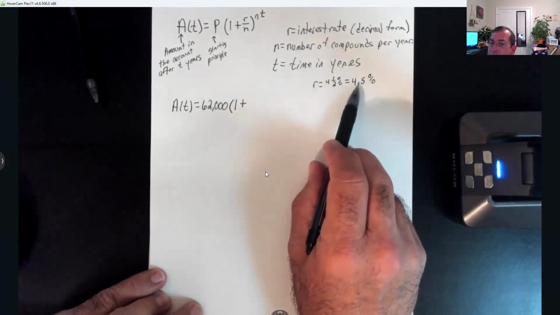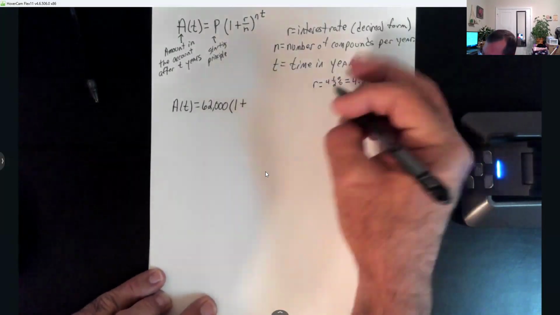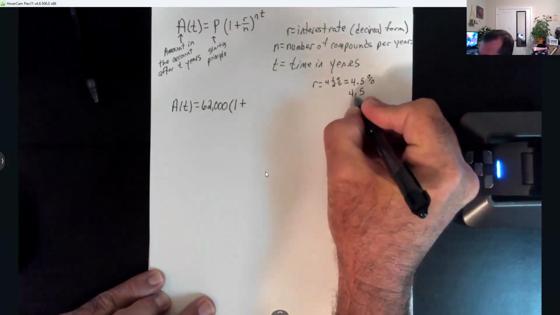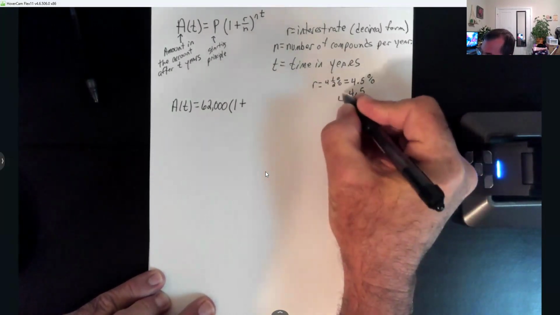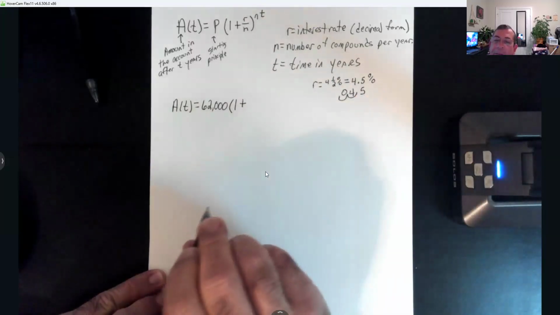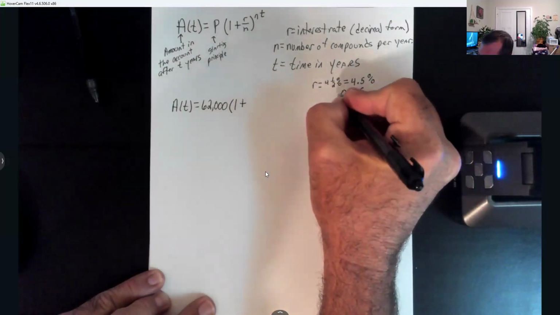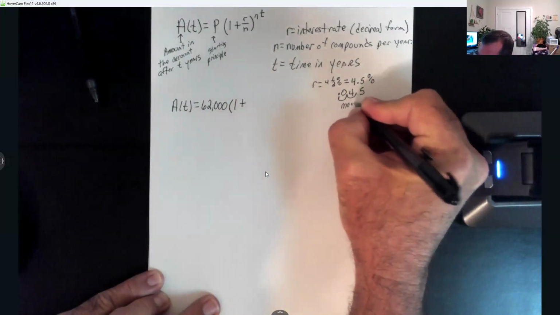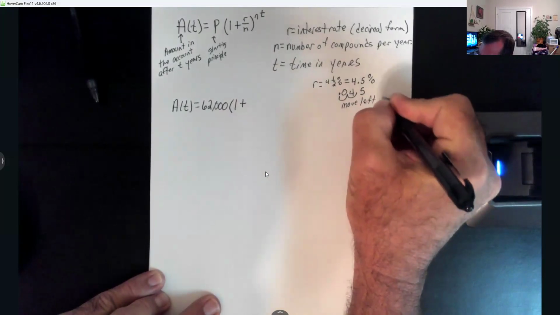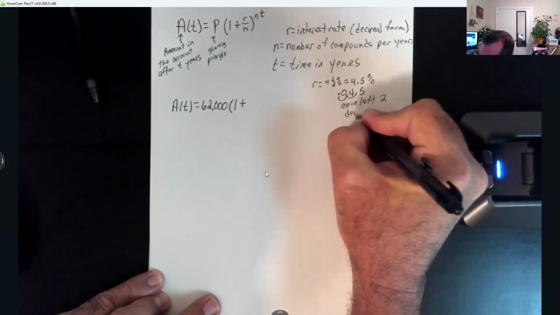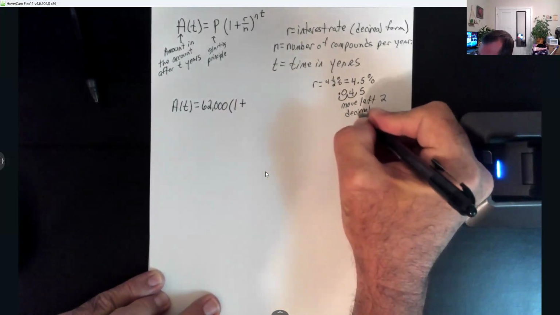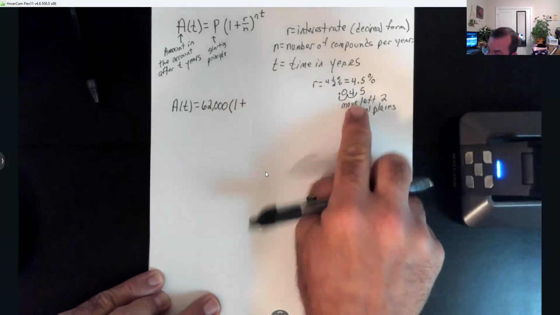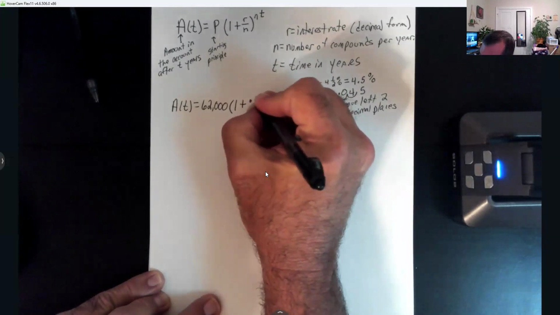To change a percent into decimal, you have to move that decimal left 2 places, which means I have to add a 0 and then put my point. So you have to move left 2 decimal places. So that gives me 0.045 for R